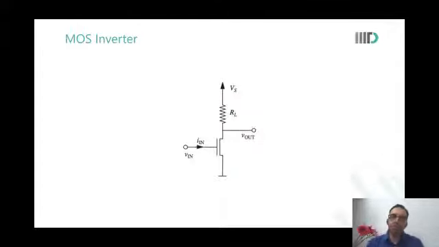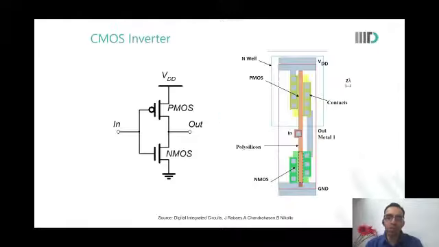So we come to MOS inverters. Over here again, you will notice that there is a continuous flow of current when the output is intended to be kept at 0. When V out is expected to be 0, there is a continuous flow of current from Vs. So we move to what is called CMOS.